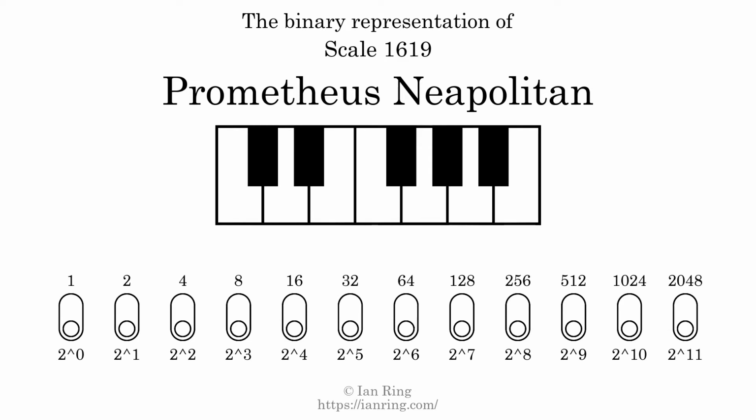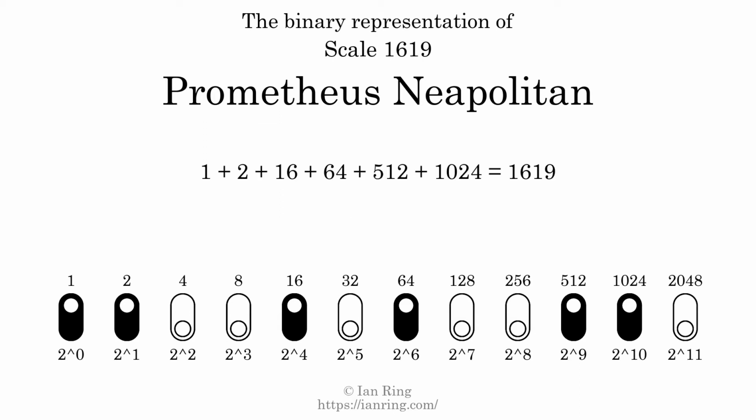The binary representation of this scale is determined by mapping tones of the scale to binary digits. Each binary digit represents a power of 2. To get the scale number, we add the powers of 2 together. The powers of 2 that are present in the scale, all added together, equals 1619. That is why the scale number, in decimal, is